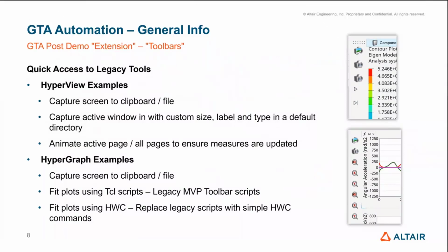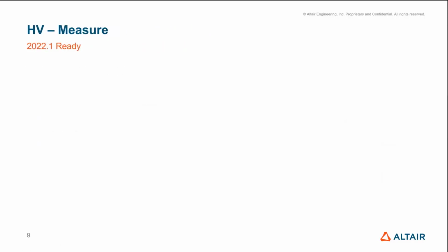So for HyperGraph, for the toolbar, for example, I had this capture one prepared. I have two sets of fit functions. One is based on legacy MVP. I will show you the new stuff later, which is fit based on HWC, which is now new, and then you will see how simple it has become to do your stuff with HWC. So let's start with the news in